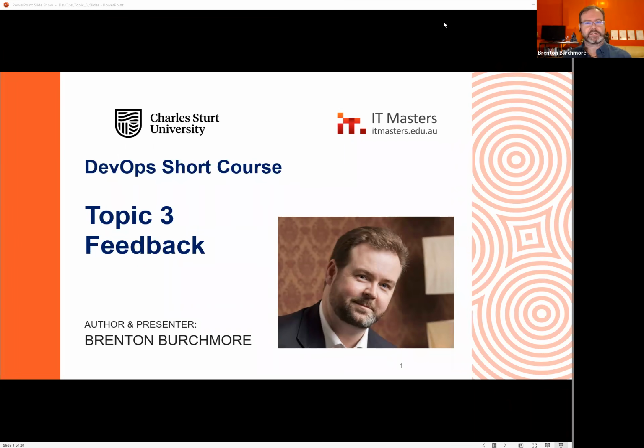Fantastic turnout again tonight. We are getting a little bit deeper into some of the more developer perspectives of what DevOps is all about. So we're going to swing the pendulum a little bit tonight and start to talk about what we see as feedback and who needs to get that. So feedback is our theme, but we're going to be having a developer perspective. Now, next week, we will swing that around a little bit and talk more about the operations perspective and bring the other side of the coin in a little bit more.